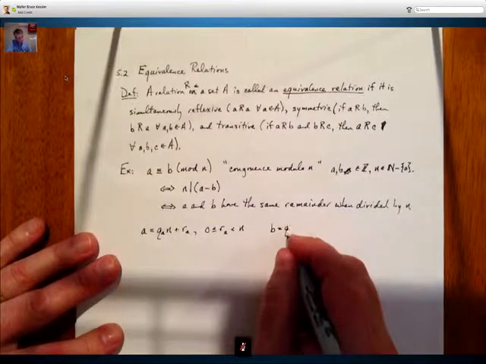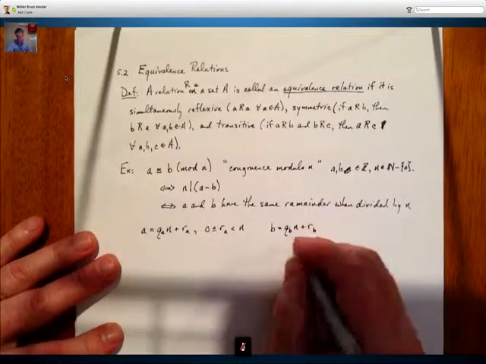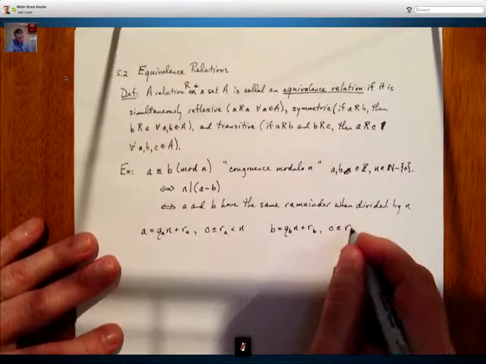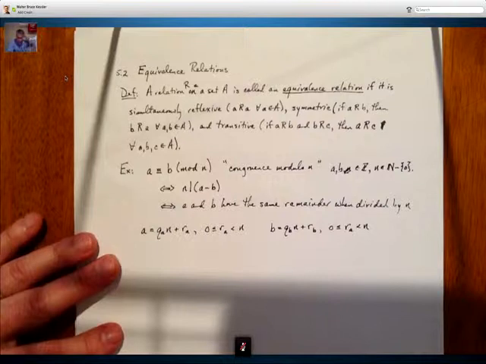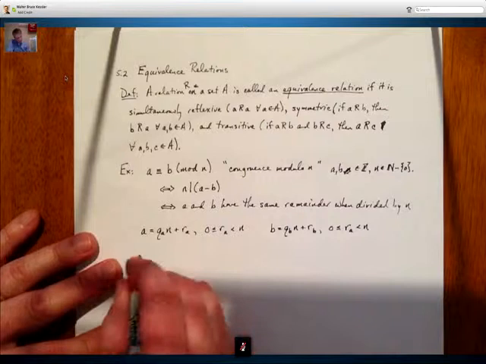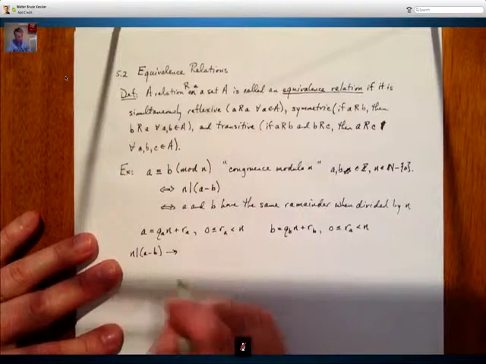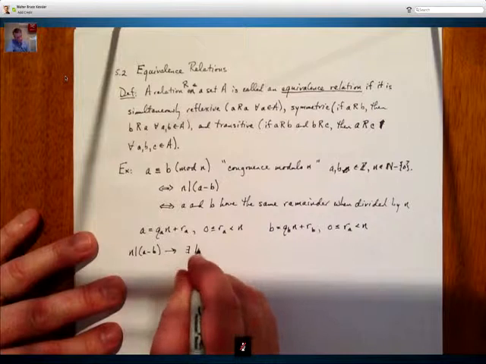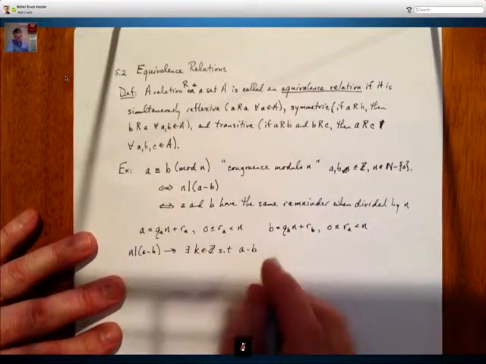And then B is Q sub B times n plus some R sub B. You know, there's some quotient there. We don't know what it is. But then R here is between 0 and n as well. Okay, if we start with this one and we say, okay, n divides A minus B, then that means, and I'm leaving out the English because I don't want to dwell on it, that there exists some k that's an integer such that A minus B